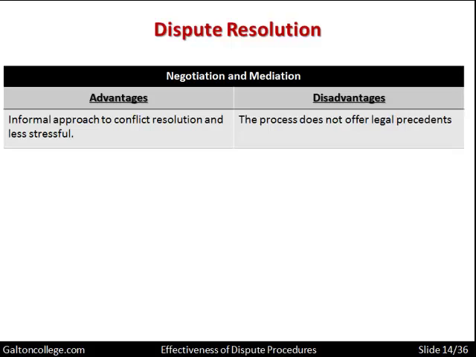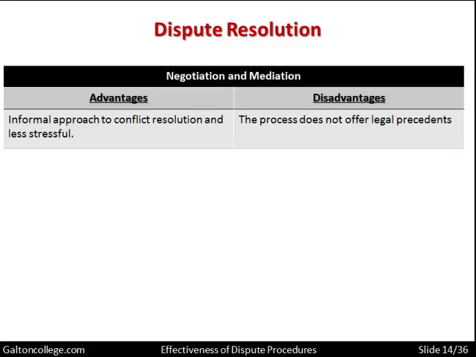Generally speaking, it doesn't offer legal precedence. It's not based on the past. Generally speaking, this type of negotiation and mediation, they are specific to the problem in front of them at the moment. They may refer back to cases in the past and say this is what you agreed in the past, but that may be easily dismissed by saying the world has moved on, the market has moved on, the company has moved on, or the trade unions could say, well, our employees and our membership are no longer naive and will not accept that anymore.